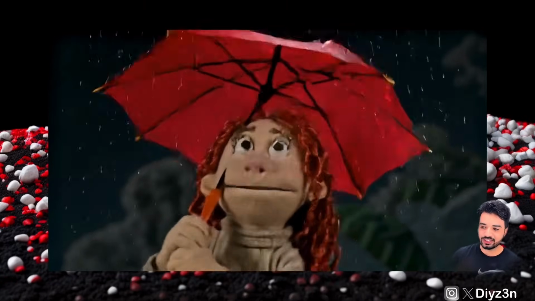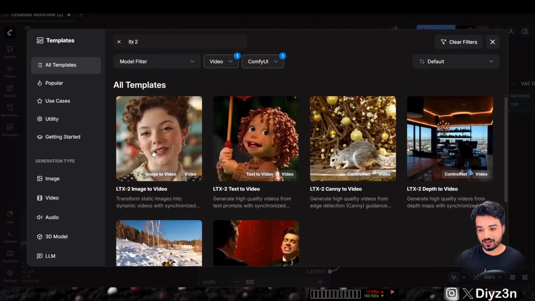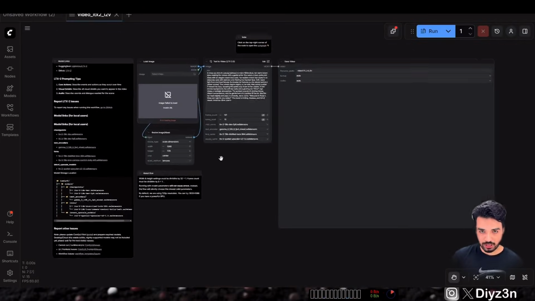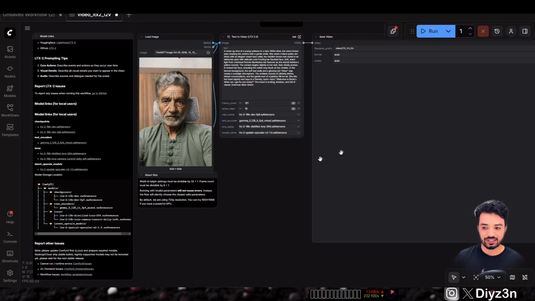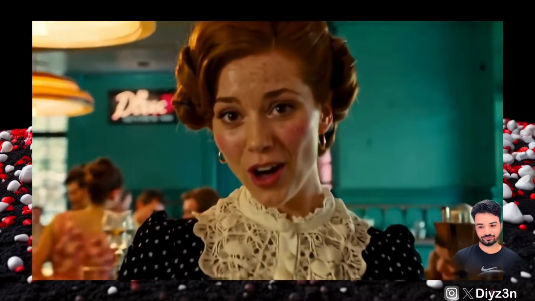As you can see, it can generate a good resolution even with low VRAM. I have 10 gigs and I generated that. So now let's go to image to video. As you can see, you can have your reference as an image here, and your prompting, and